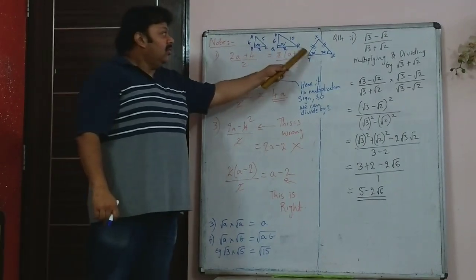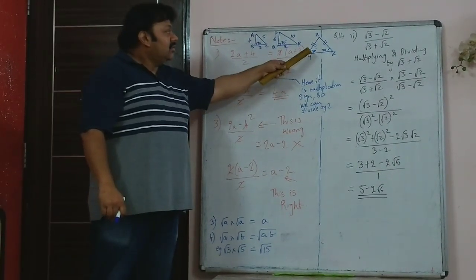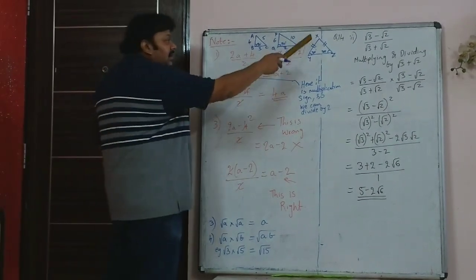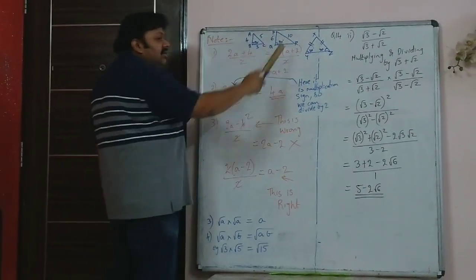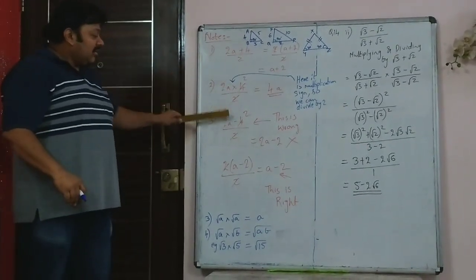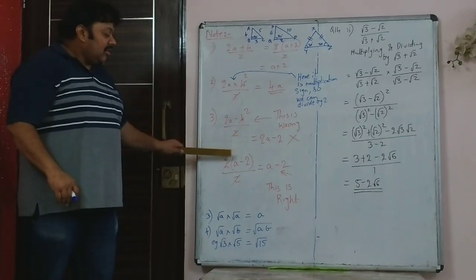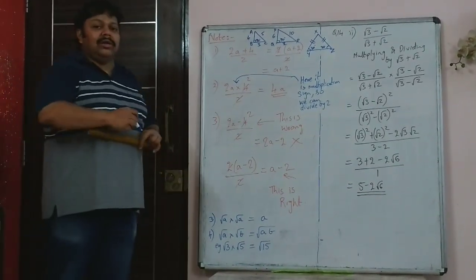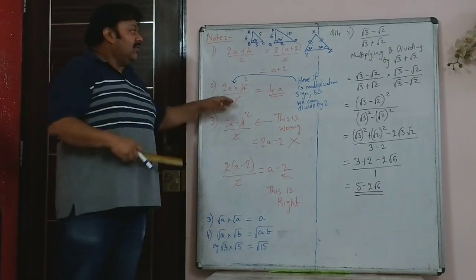Usually no one does this, but there are one or two students who have done this. So please understand that sides opposite equal angles have to be in the same triangle. Same way, if it is a plus or a minus sign, you have to take the common factor out and then cancel. If it is multiplication, you can directly multiply and divide.